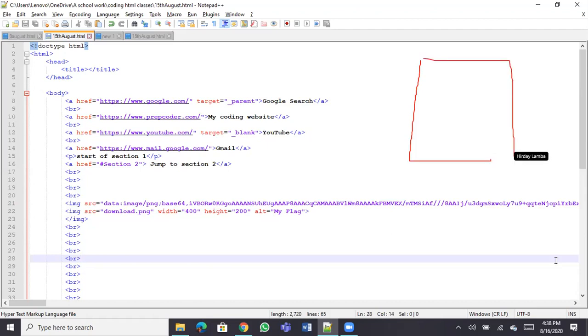Okay, so now create a new web page for me. When you create a new web page, we will have HTML, head, title, body. So let's have that. I'll first just copy it.